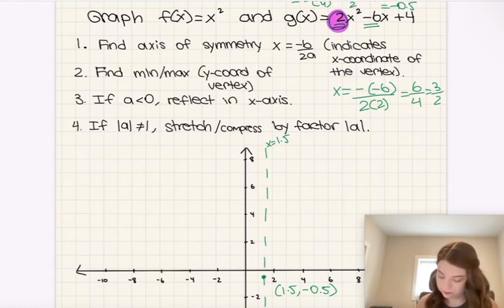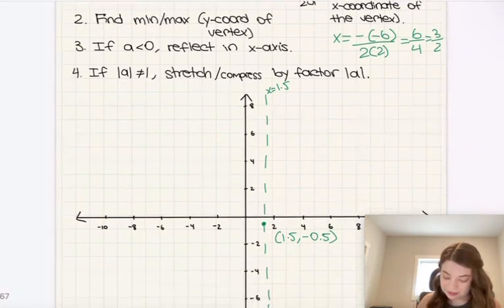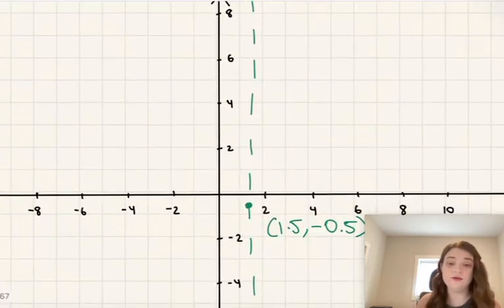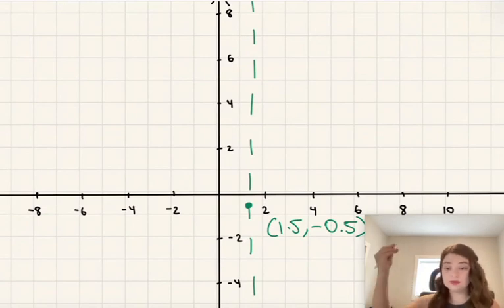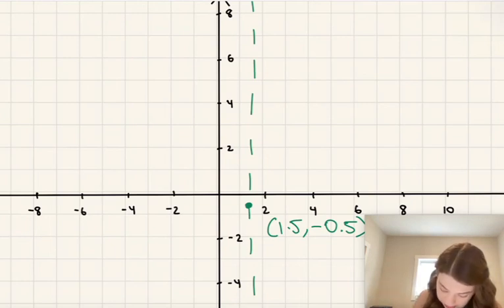by a factor of 2. So normally we would have the pattern over 1 up 1, over 2 up 4. In this case, it's going to be over 1 up 2 because we're multiplying by 2. And instead of over 2 up 4, it's going to be over 2 up 8, right? Up 4 times 2, which is 8. So let's do that. Over 1 up 1, which in this case is up 2. So this next point is going to be